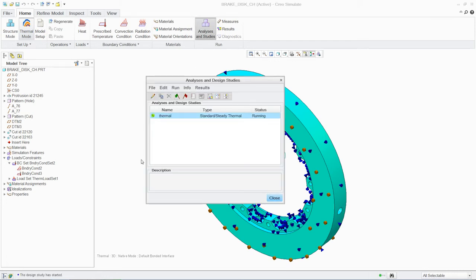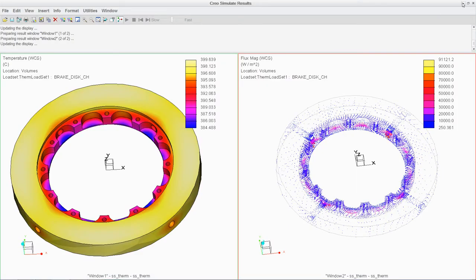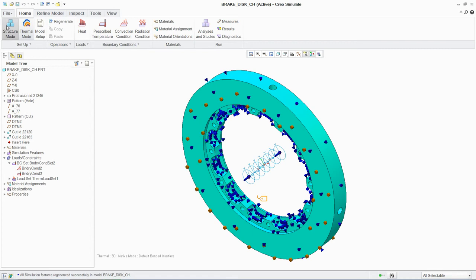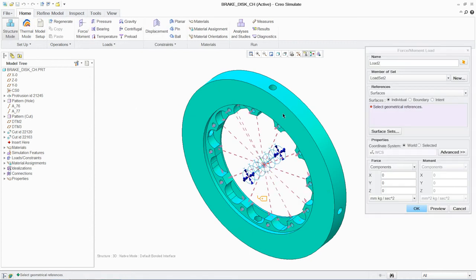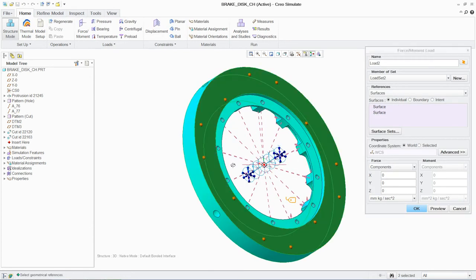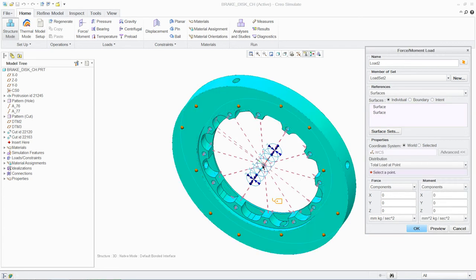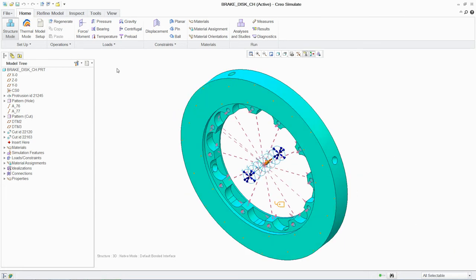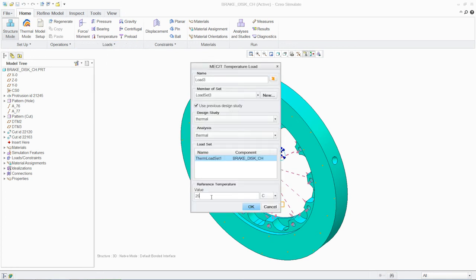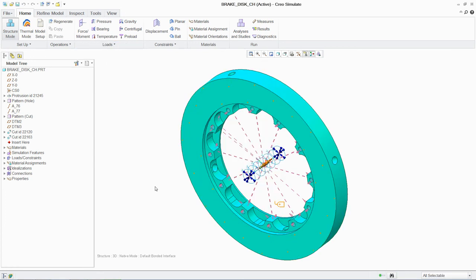These results, in addition to the mechanical loads, can then easily be applied to the brake disc. This enables you to better understand how thermal expansion will impact the structural integrity of the part. Furthermore, multiple load cases can be analyzed simultaneously, enabling designers to understand the individual or cumulative effect that different boundary conditions will have on a part or assembly. In this case, investigating the level of stress and deflection in the brake disc as a combined effect of mechanical